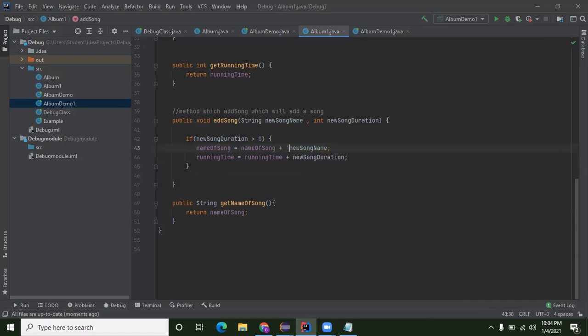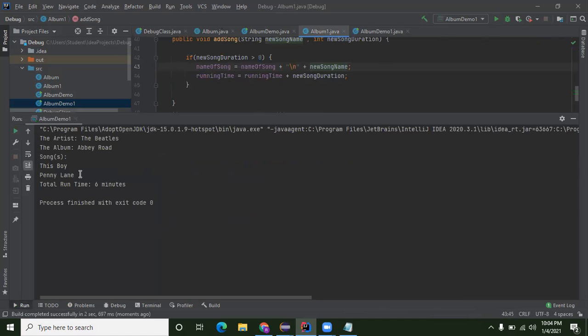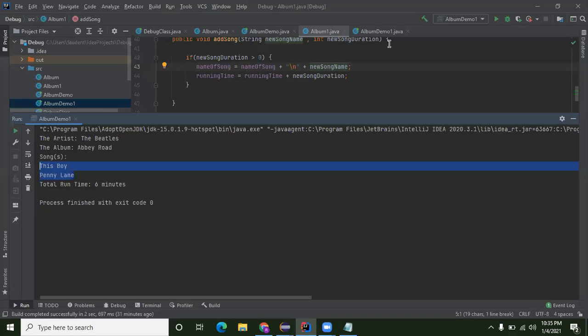plus, and then I'm going to have a quotation, then I'm going to backslash n, just like that. So what does this even do? I'll show you what it does, but I just want to show you that if I actually do this, you'll see that both of those names are registered, and I'll tell you what the reasoning is behind that. So essentially,